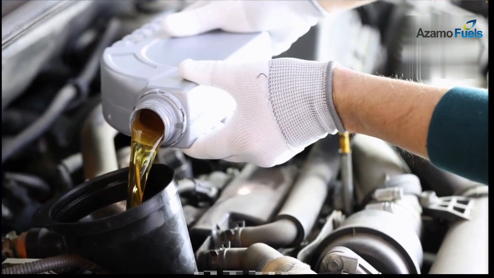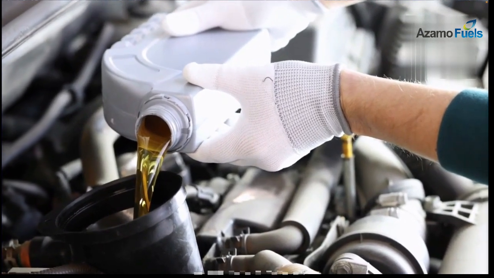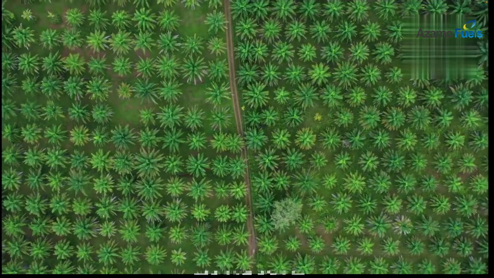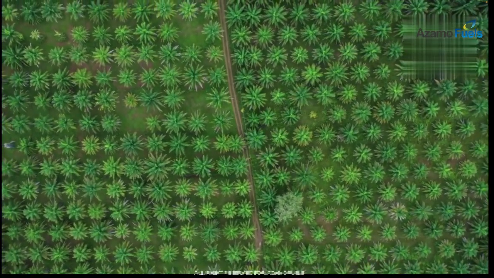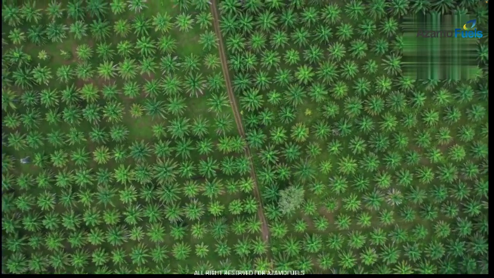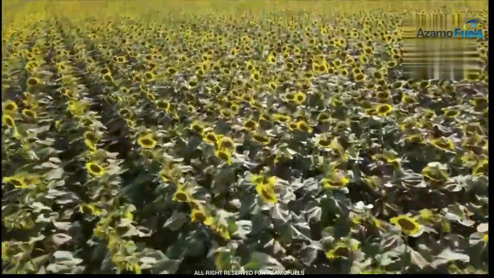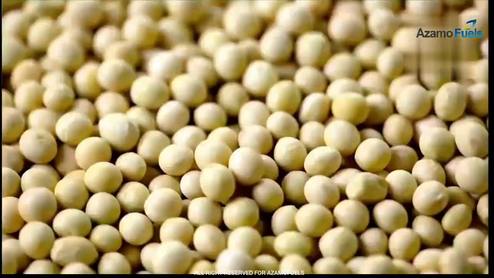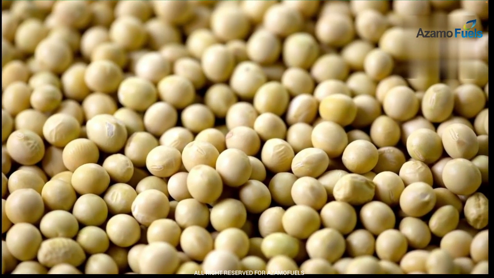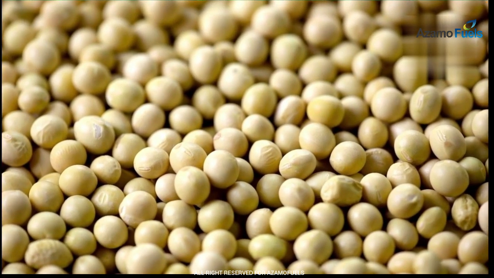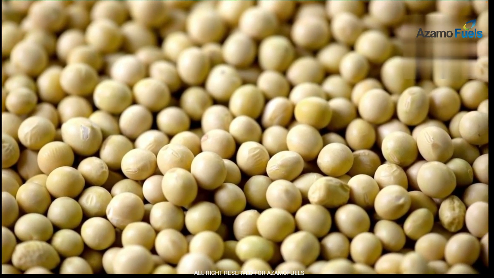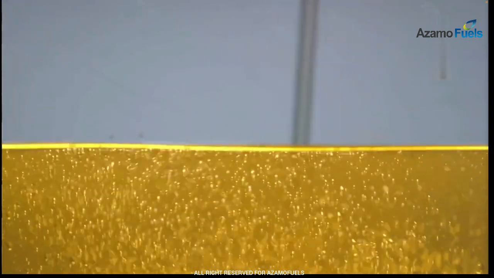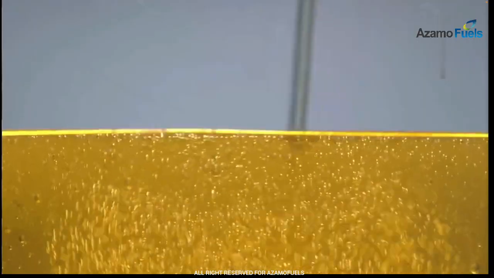Well, obviously, biodiesel doesn't really work the same way. We start off with some kind of bioproduct, some kind of living organism, typically a plant, right? So palm plantations are where a lot of biodiesel is derived from. Sunflower seeds is another really good example. We basically harvest these crops and then we use the seeds, right? And we use the oil from the seeds. So just like you press and you get olive oil, you can press a lot of these other seeds and nuts in order to get an oil, right? And with a little bit of refining, we can then basically turn them into biodiesel.